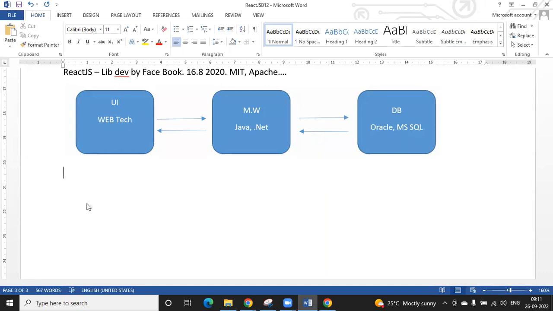Take a heading: design principle. You can also say design pattern, whatever you want. React.js follows separation of concerns.